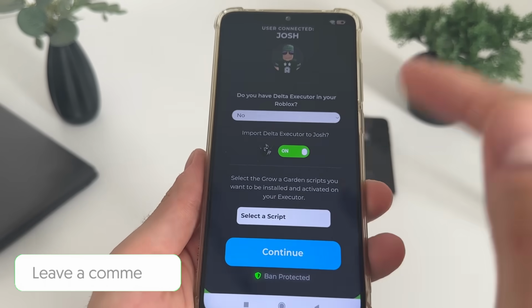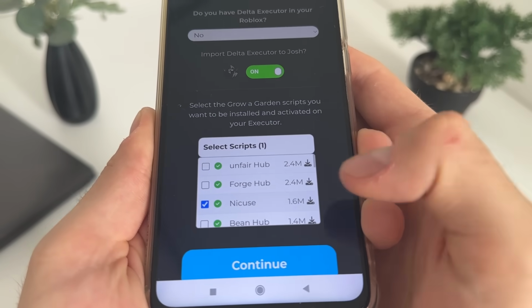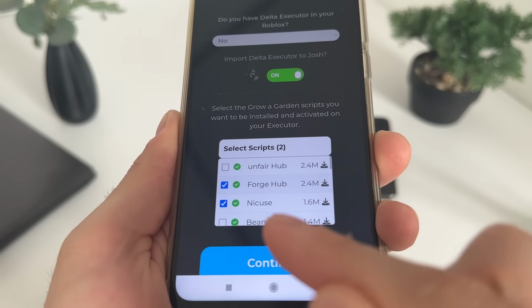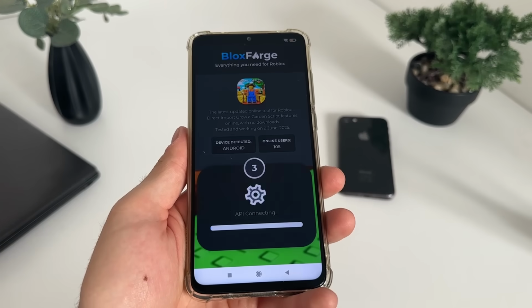So later, after this, we will have to select script for our Grow a Garden. Select Forge Hub and Nicus guys. These two scripts are the best for Grow a Garden. So just select them and click continue. So it will start